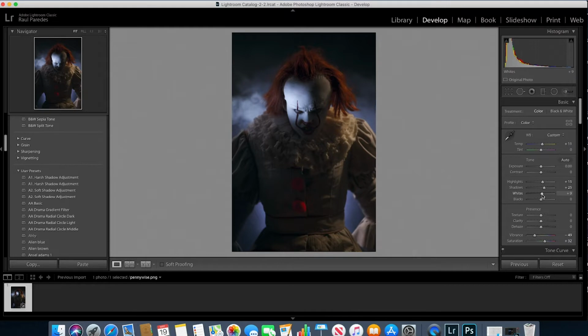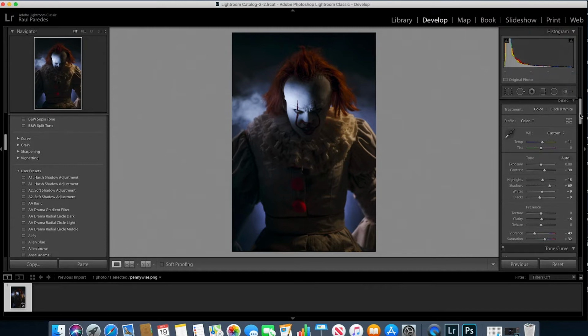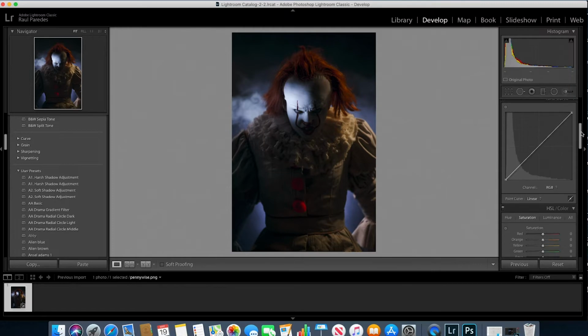So I always like adding contrast to my images. And I'm going to bring up the shadows just a little bit more. As you can see, I brought down the vibrance as well, and I boosted up the saturation. And the reason I boosted up the saturation is to bring out a little bit more of the red in his costume. So now I'm going to go to the curves, and I'm going to bring down the middle curve